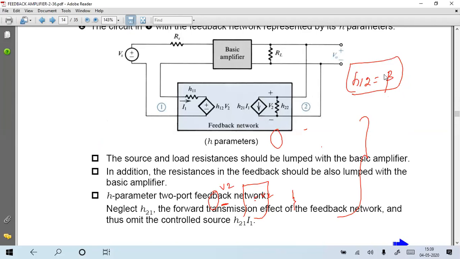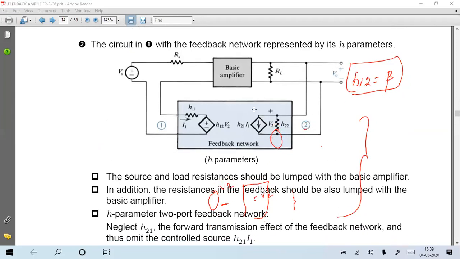Here, in the next network, this is redundant, so it was eliminated because the parallel voltage will dominate. So only this was there. This H22 was shifted here, and this H11 was shifted here. Only H12 V2 were there, so V0 is nothing but V2. So only this we kept in the H12 place.